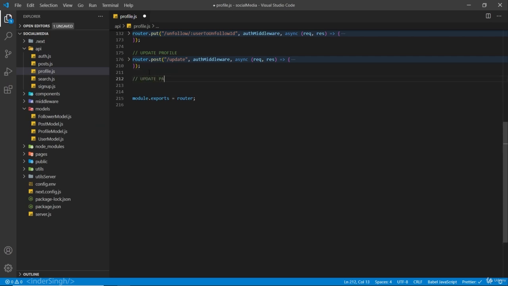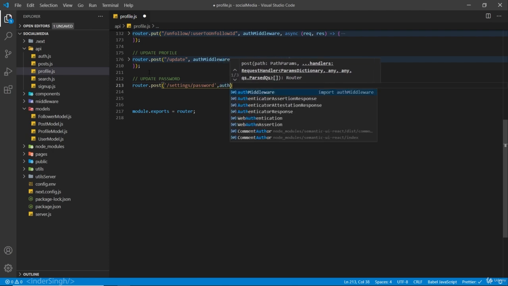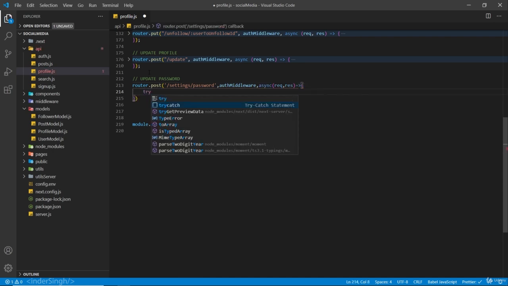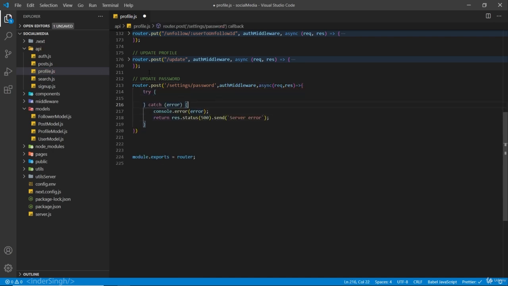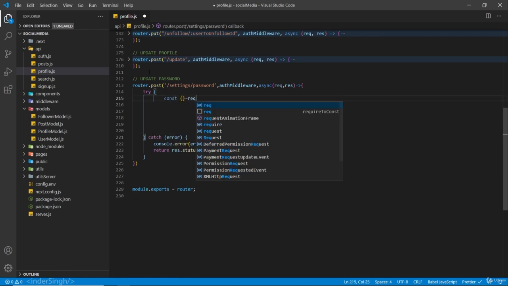So update password. Our route is going to be router.post settings and password. And we're going to have the middleware here and request and response inside try catch. So here inside the body of the request,